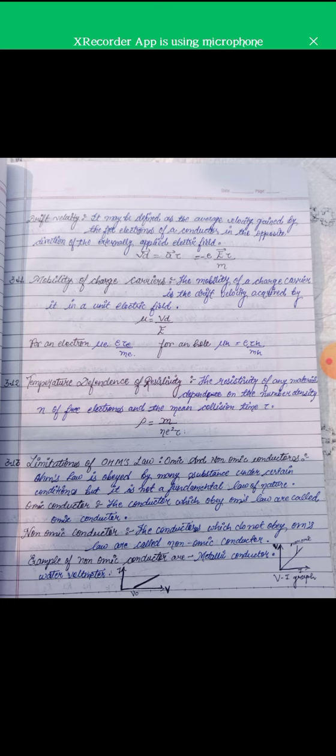Topic 3.11 Mobility of charge carriers. The mobility of a charge carrier is the drift velocity acquired by it in a unit electric field. Mu equals Vd upon E. For an electron, mu e equals e tau e upon me. For a hole, mu h equals e tau h upon mh. Topic 3.12